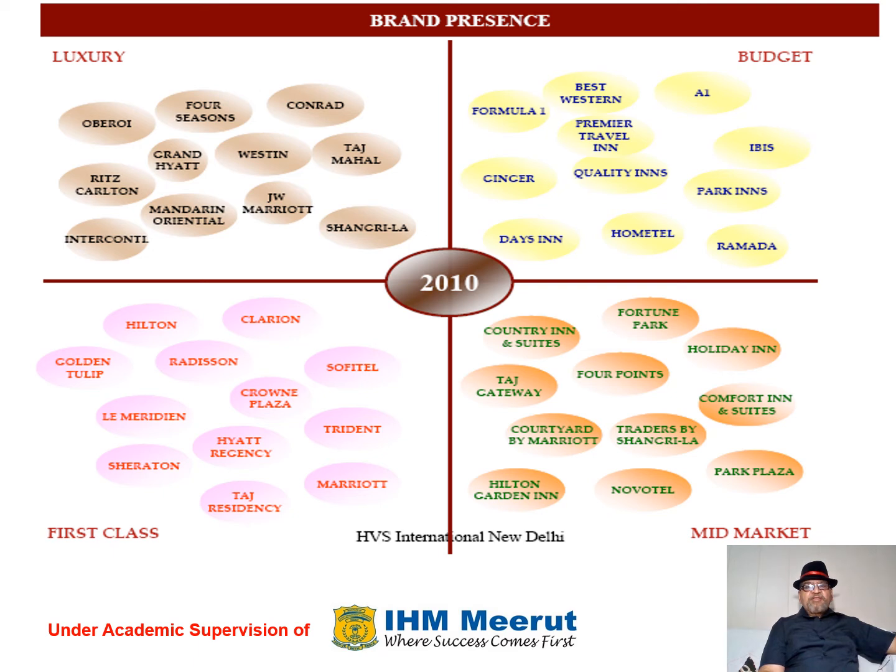These are hotels that have been divided according to brand presence. So on the top left you will see luxury brands. Luxury brands such as Oberoi, Four Seasons, Conrad, Taj Mahal, Westin, Grand Hyatt, Ritz-Carlton, Intercontinental, Mandarin Oriental, JW Marriott, and Shangri-La. On the top right, you will see the budget hotels: